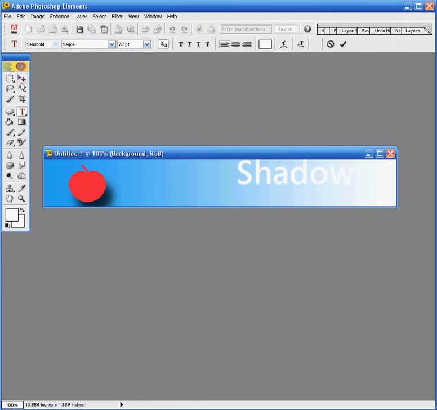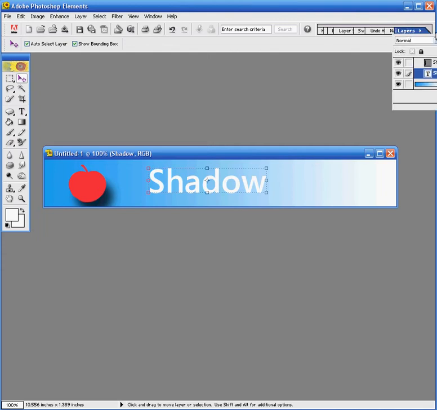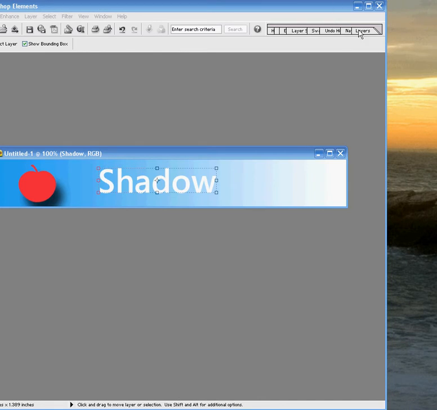Now I don't like how it's too close to this white here and you can't see that word, so I'm just going to click the center of it. This is with the Move tool, and I'm going to drag it over. Now what I want you to do is go up into the upper right hand corner and find the little tab that says Layers. Click on Layers. Let's see if you can see this. Click on Layers,